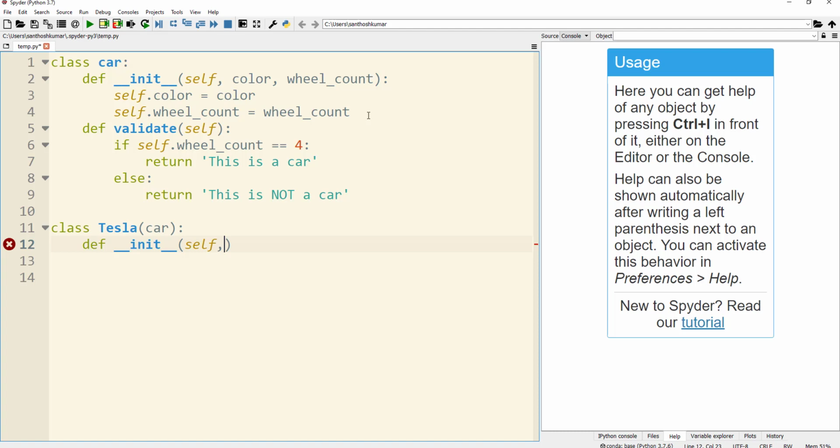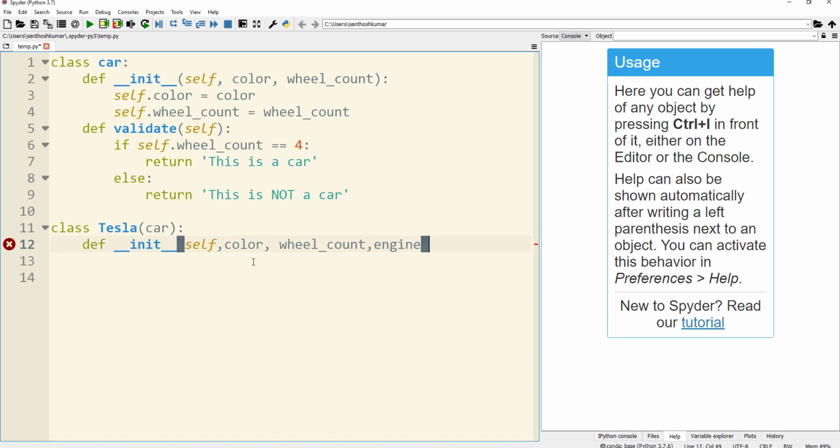Then I initialize the attributes of this child class, and here I am going to get the attributes color and wheel_count from the parent class, but this child class is going to have one more attribute called engine, and this is going to be the construct of the code.